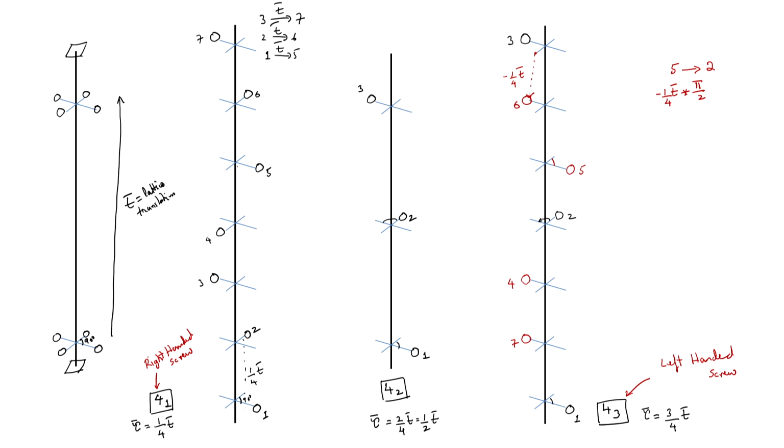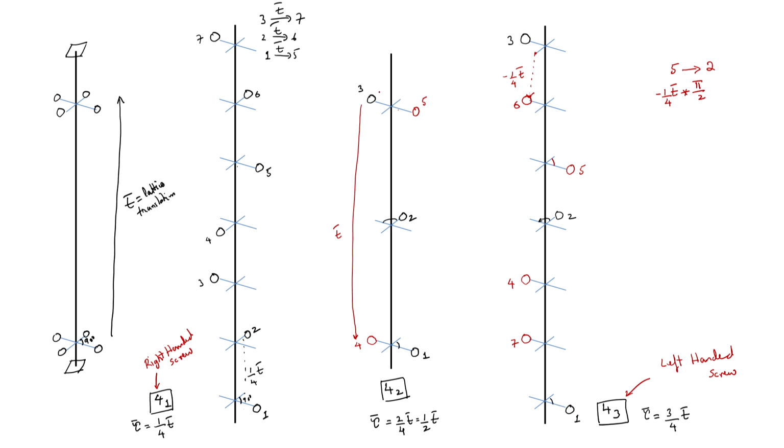Now, I can also operate lattice translations on these. So, for example, 3 through a lattice translation of t means all the way out here. So, 3 goes to 4 through a lattice translation. So, this is a lattice translation. If I look at motif number 1, we go up through a lattice translation to motif number 5.